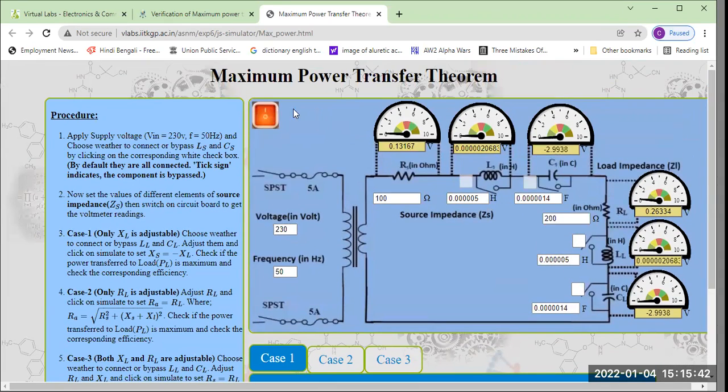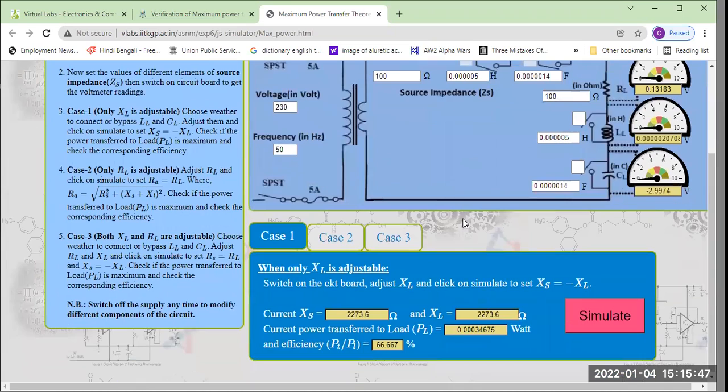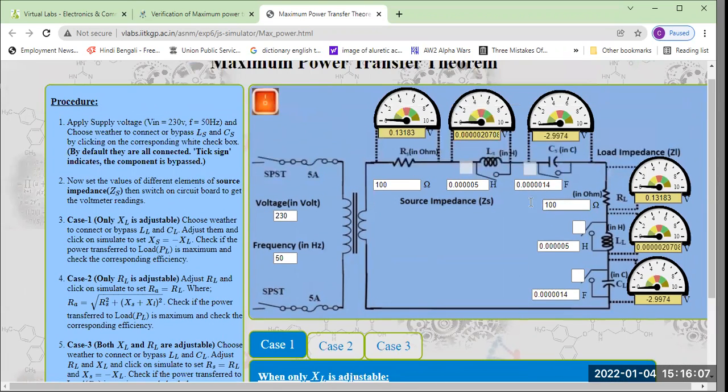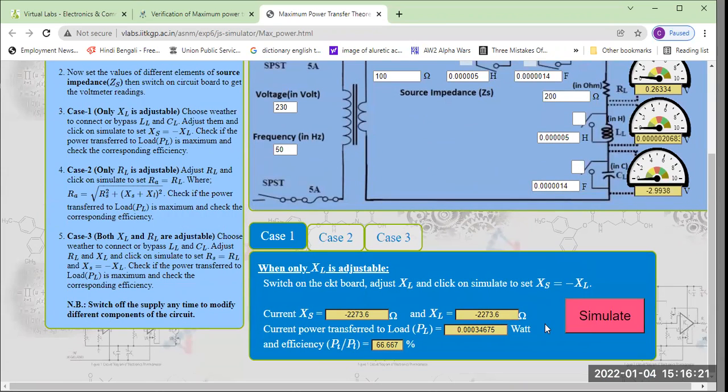Just note down, this is only applicable for the R. The wattage is 0.00017379, whenever only this resistance is working. But if I make it double, that is 100 to 200, now the load resistance, so maximum power should be transferred here. You can see, yes, the wattage is